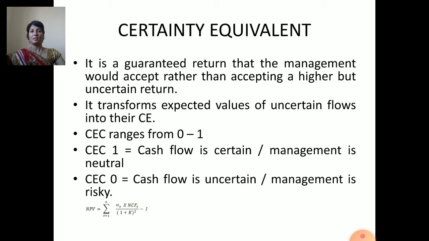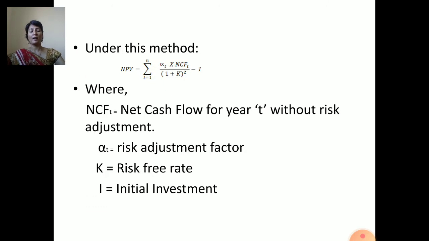CEC ranges from 0 to 1. When CEC is 1, it means that cash flow is certain or management is neutral. When CEC is 0, it means that cash flow is uncertain and management is at risk. The net present value is calculated as shown,